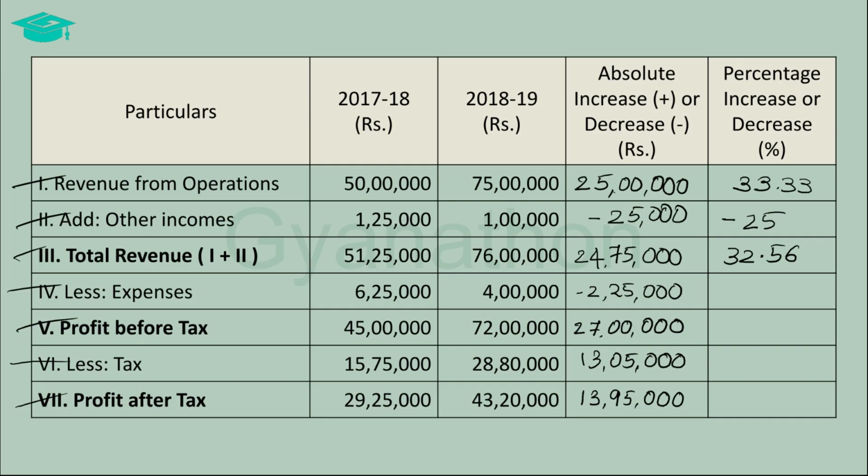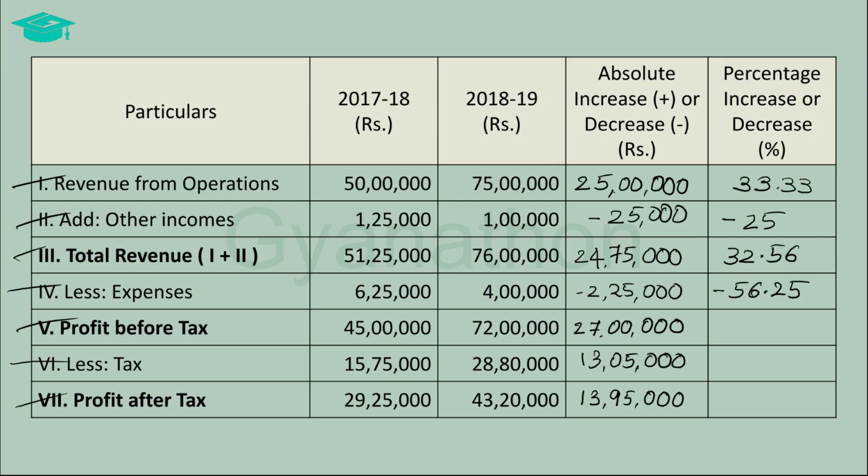The percentage change in expenses is minus 2 lakh 25,000 divided by 4 lakhs multiplied by 100, that is minus 56.25%. This means that the expenses have decreased from the year 2017-18 to the year 2018-19 by